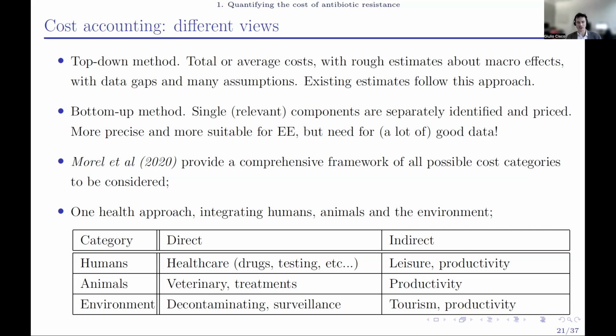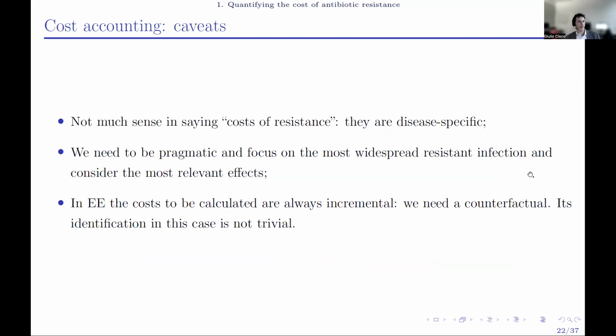As indirect costs, we have loss of tourism and loss of productivities of areas that are affected. So now that we have, I hope, a clear idea about the cost accounting about resistance, we should keep in mind still that